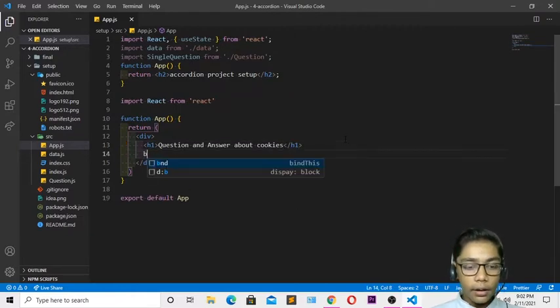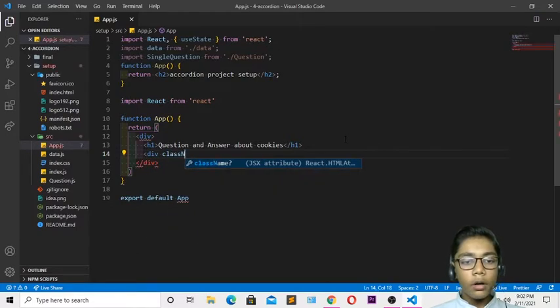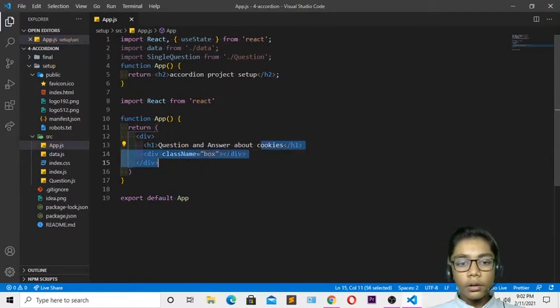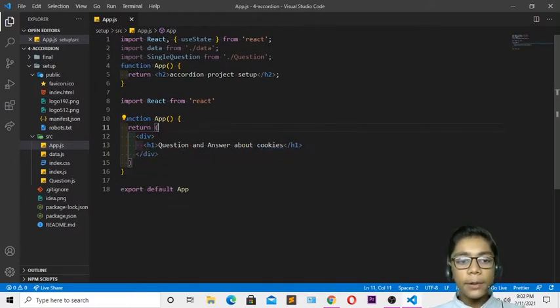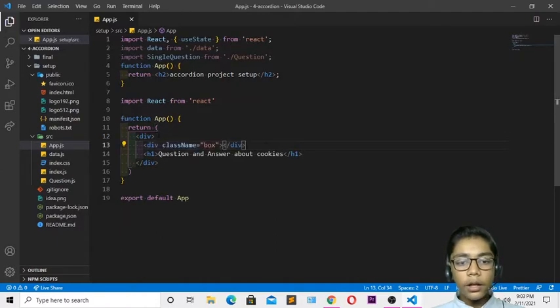So right over here, first of all write another div, because this div should be our background box which we have just created. So right over here, class name, then I will be writing box, close that, then copy this div. Okay, so just copy this div from here, erase that and paste that over here. And when you've done that, copy this close div, Control Z,